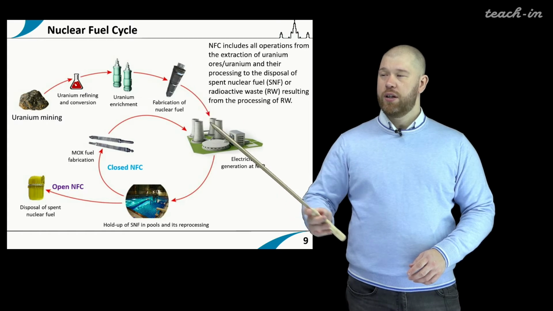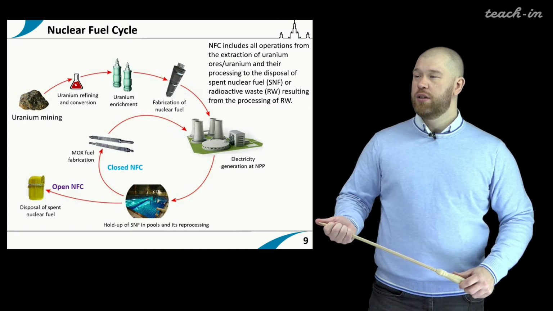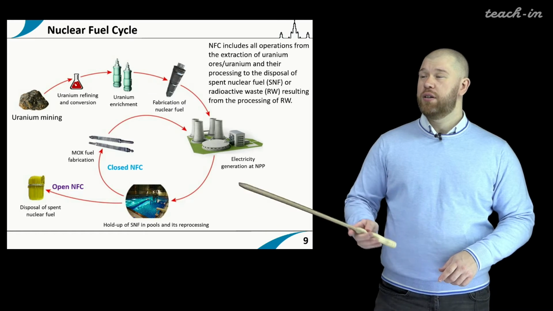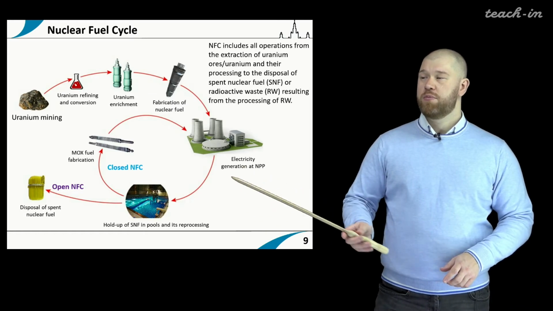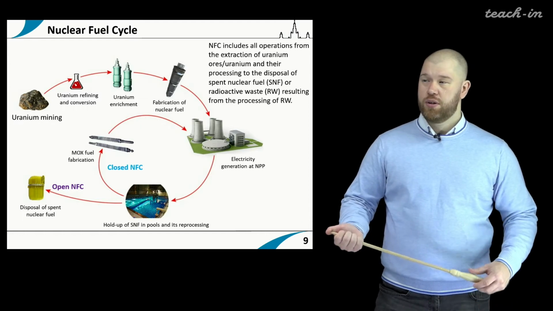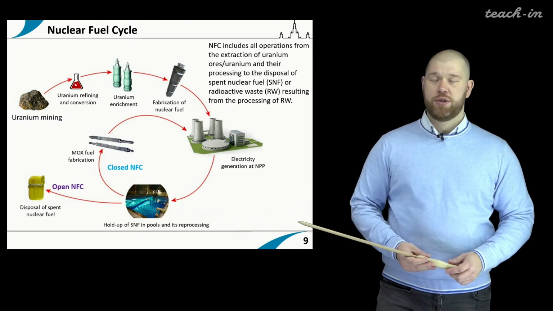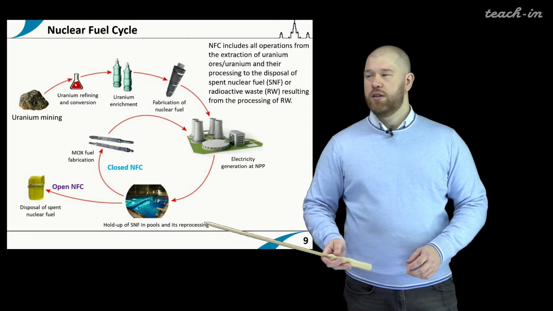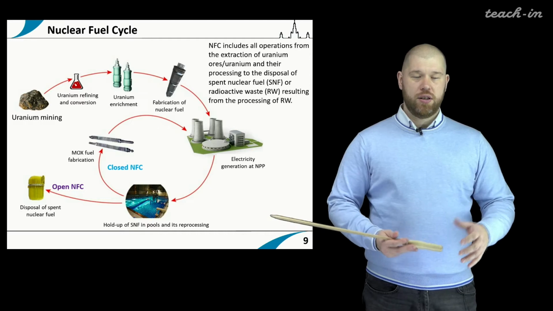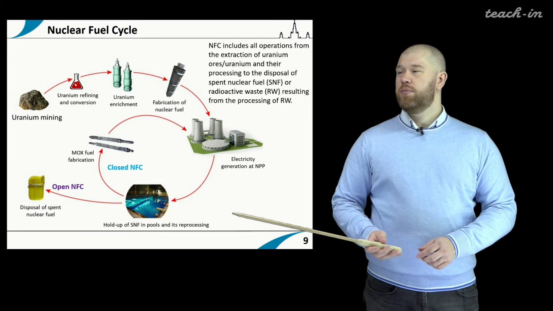Only after these quite complex steps can nuclear fuel be put in the nuclear power plant, where electricity is produced. After some time nuclear fuel can no longer produce energy, and thus it is stored for a few years in special ponds, special pools in the nuclear power plant. And then there are two ways: